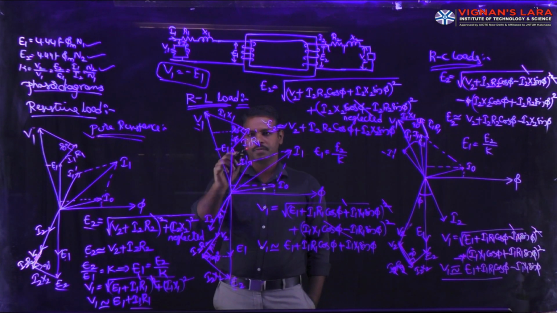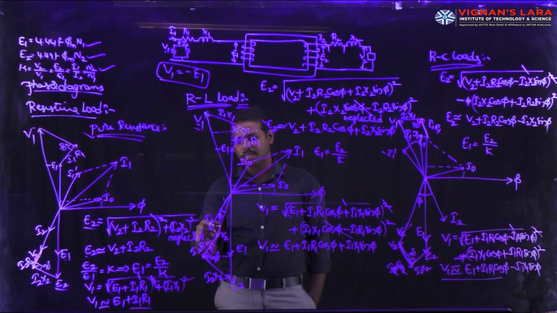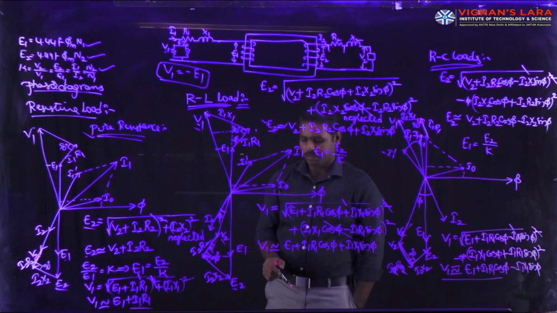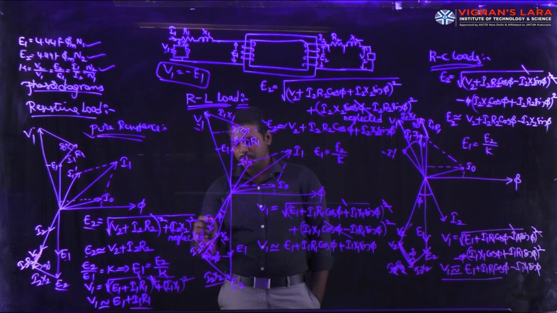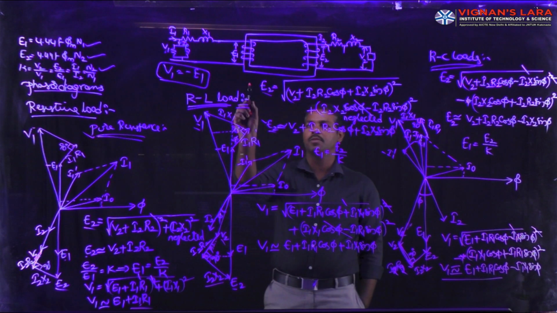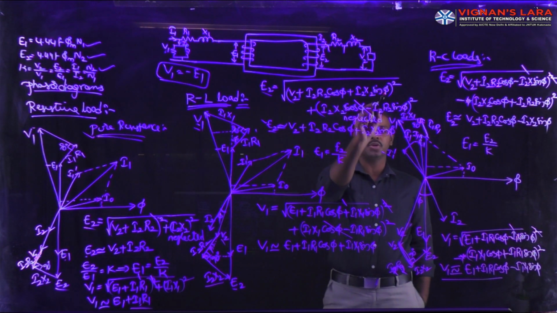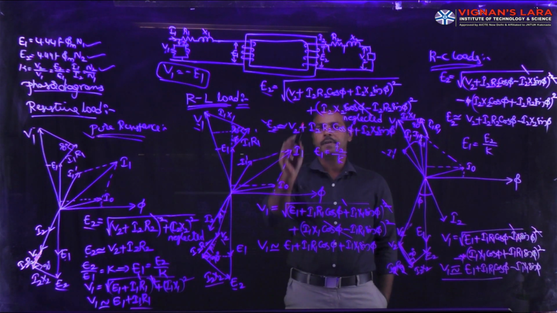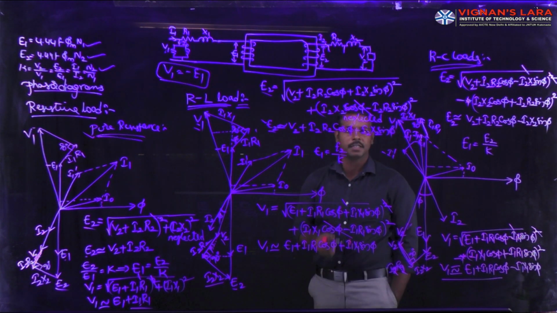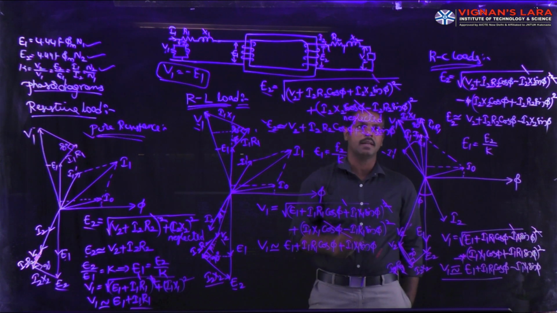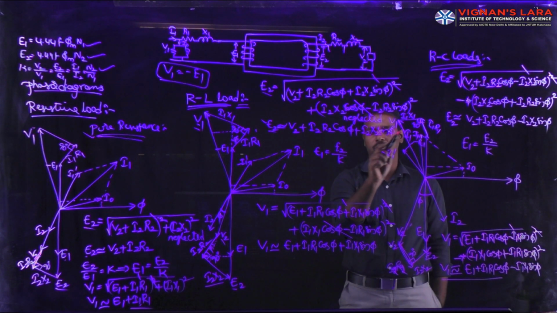Corresponding to E1, I2 R2 are the voltage and current. The current always lags the voltage by an angle phi. Then the I2 R2 drop and the I2 X2 drop. By simplifying these two, we can again write the voltage equation: E2 is the square root of (V2 plus I2 R2 cos phi plus I2 X2 sin phi) whole square plus (I2 X2 cos phi minus I2 R2 sin phi) whole square. For simplification, this term is neglected and these two get cancelled. E2 is approximately equal to V2 plus I2 R2 cos phi plus I2 X2 sin phi.